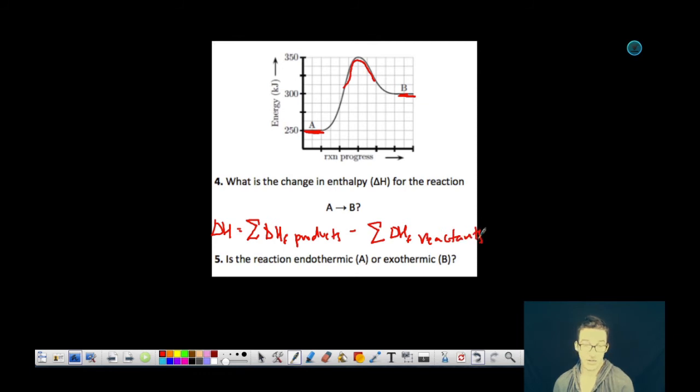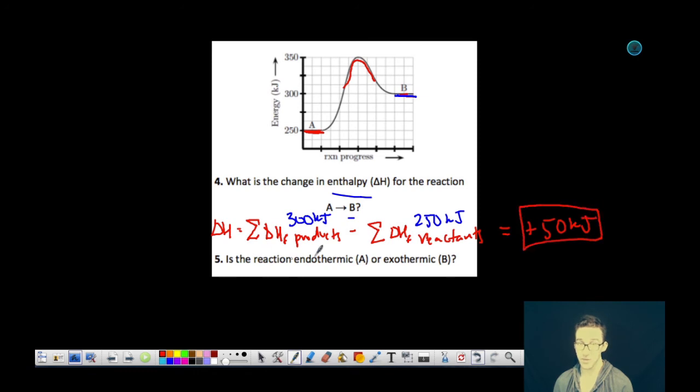So if we're trying to determine the enthalpy change, for our products we get 300 kilojoules, and for our reactants we get 250 kilojoules. So our change in enthalpy for this reaction is going to be a positive 50 kilojoules,